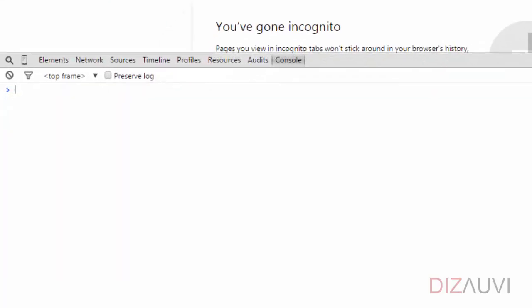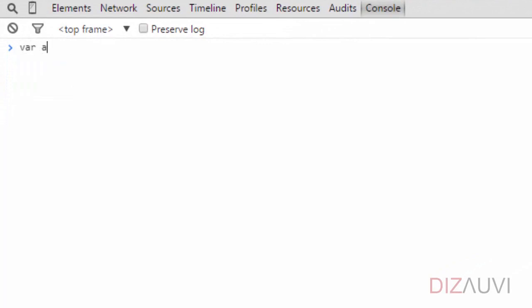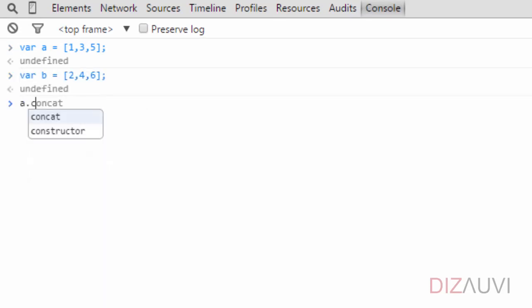Let's try it on the console. Let's create two arrays first. The first one has elements 1, 3 and 5. And the second array has elements 2, 4 and 6. Alright. Now let's do a.concat and pass B as an argument.